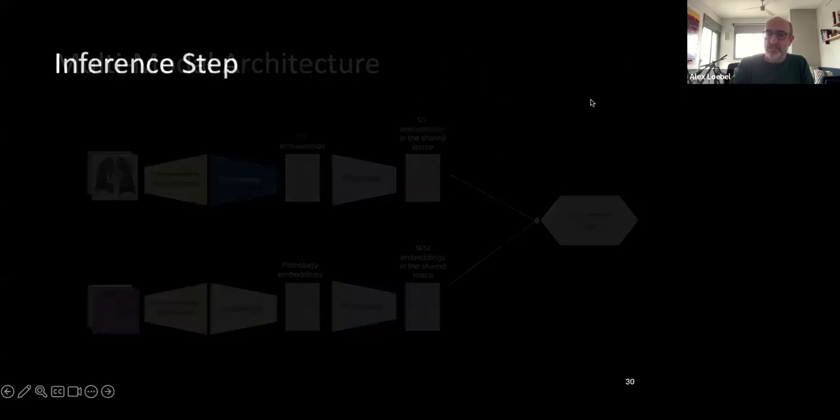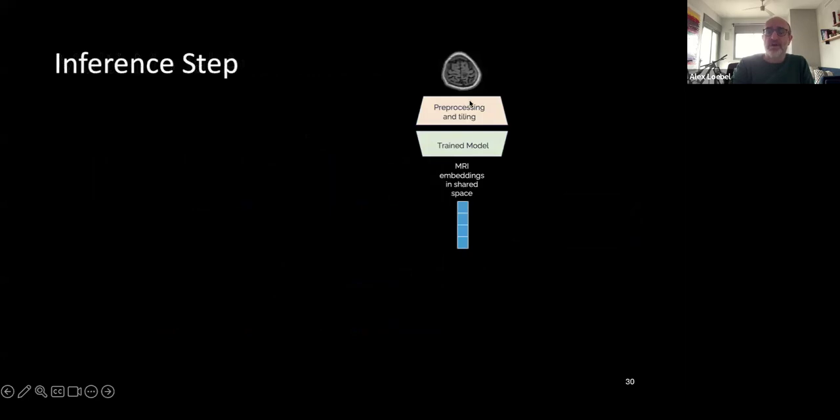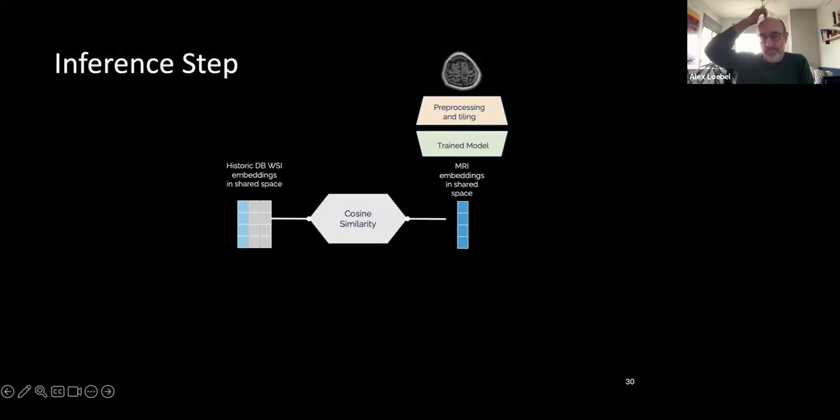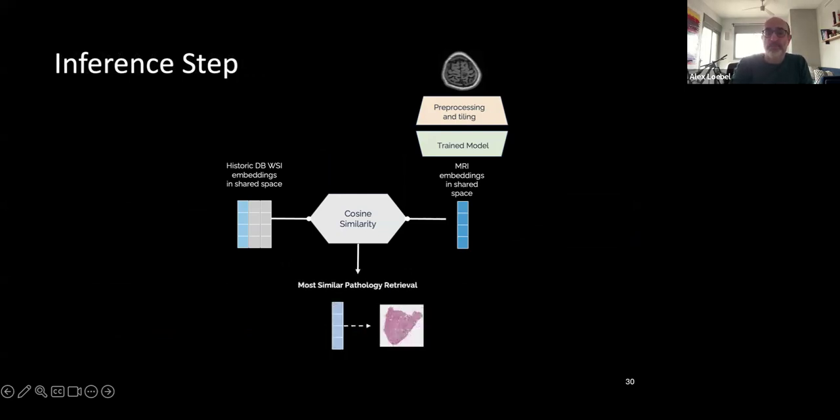But at the inference phase, you only have the MRI. And then what you do is that you take the MRI, the scans of the patient, you put it into the radiology pipeline, you get the embedding, and then you go back to the shared space and you find what is the nearest pathology embedding for this new MRI embedding. And then you look at the pathology results of the closest pathology embeddings,